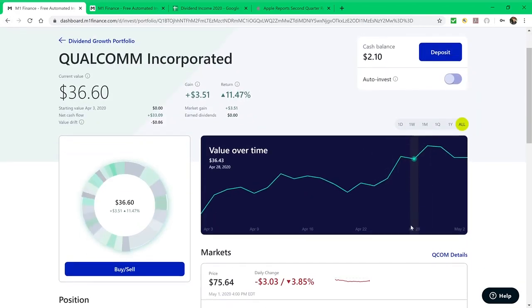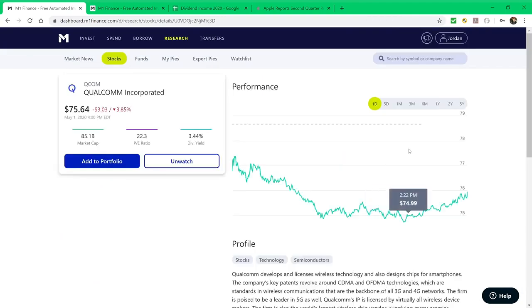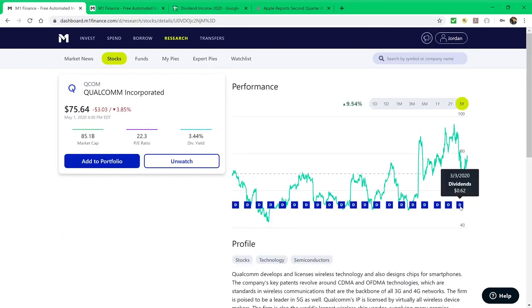Qualcomm did just raise their dividend. They're one of the first stocks in the portfolio to do that. They raised their dividend from 62 cents up to 65, and over the last 5 years it went from 48 cents up to 65 cents for this new quarter. They have a 3.44% dividend yield, and I think the potential here with 5G and Qualcomm has, with its partnerships